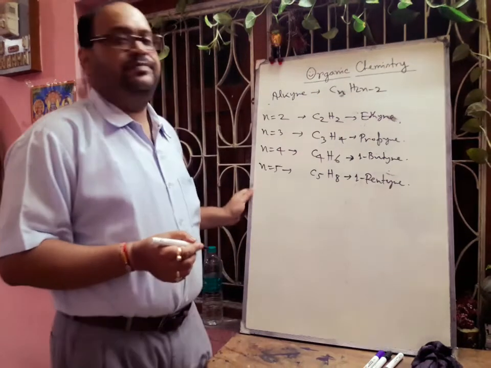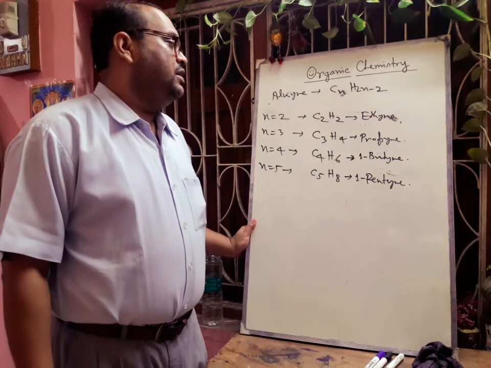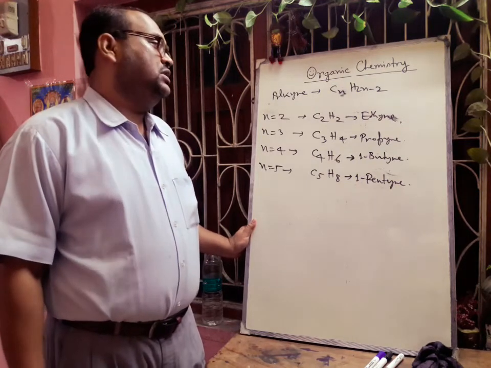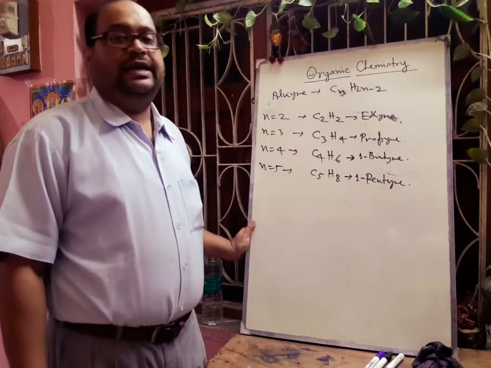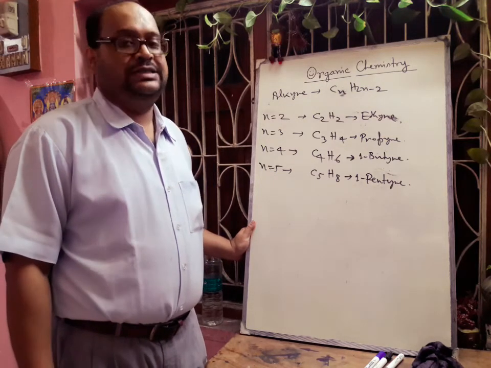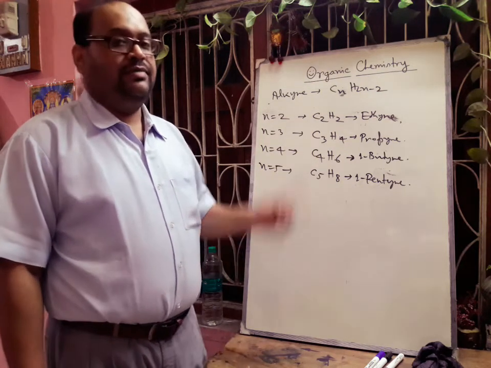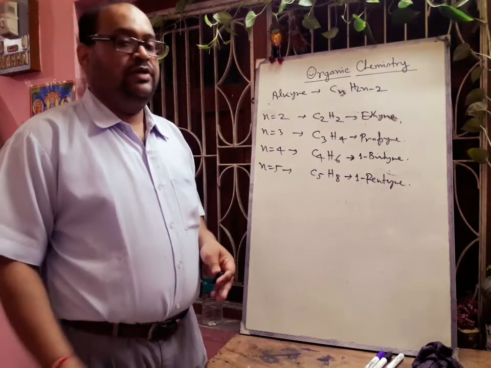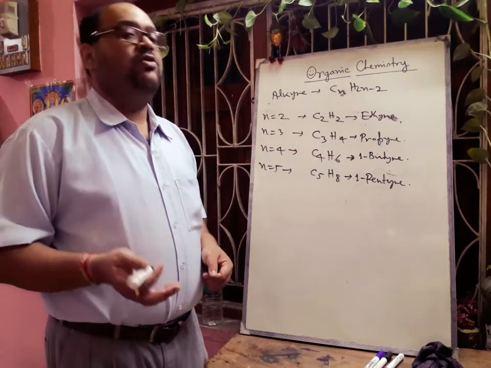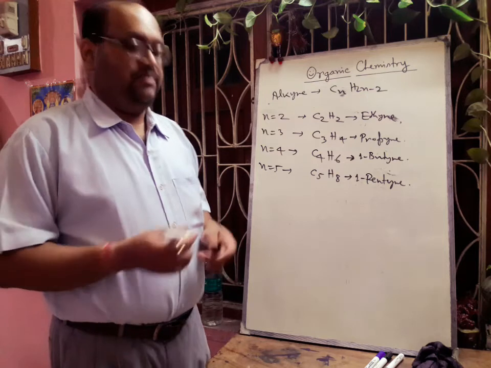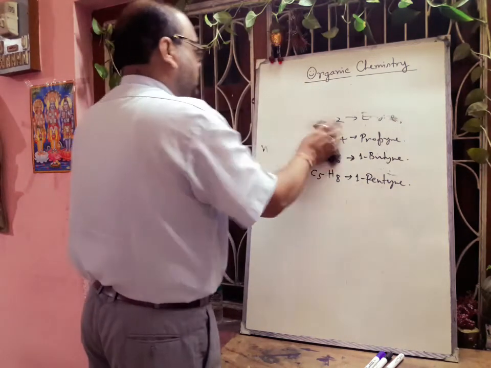Hope you can understand. So in this way, we can easily write the formula of the different types of compounds in a homologous series. Okay, and we also have to remember their names. When we discuss IUPAC, IUPAC is more important, but sometimes their common or trivial names also you have to remember.